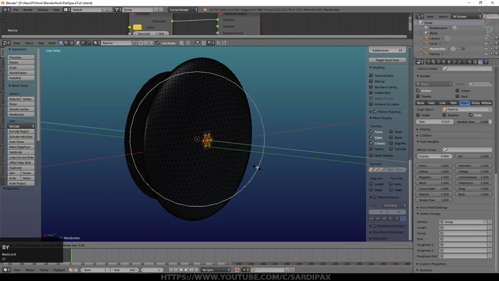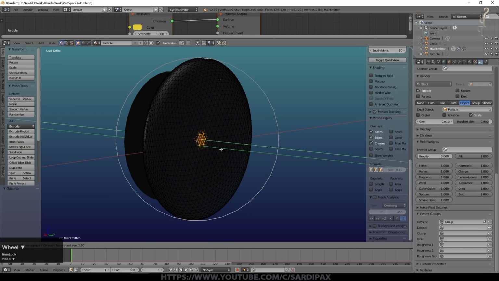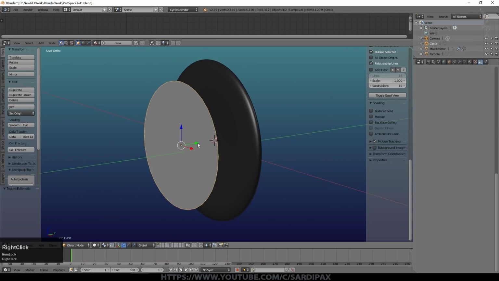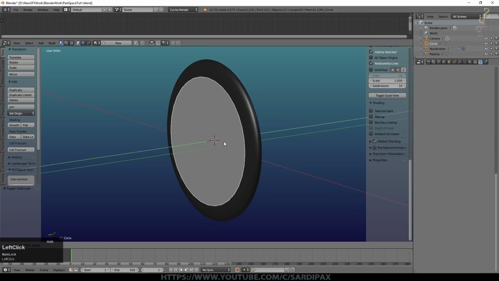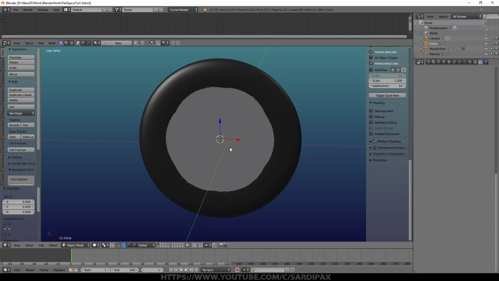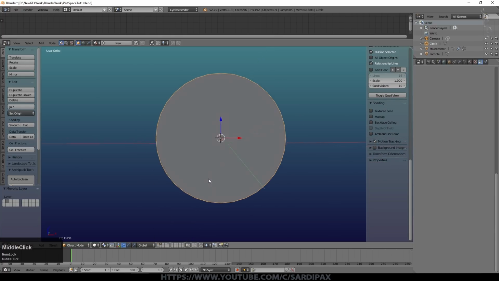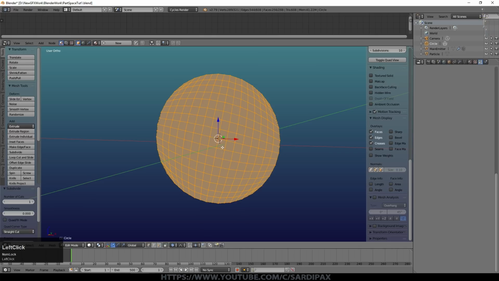But we maybe need to make it a little bigger than that, the influence. So now it's really a slightly strange shape. But the reason for doing that is that when I move this inward, you can see the edges will disappear into that object, which is what I wanted. So I'm going to move that plane just to the next layer now so we can work on it in isolation. And I'm going to press W and say subdivide.